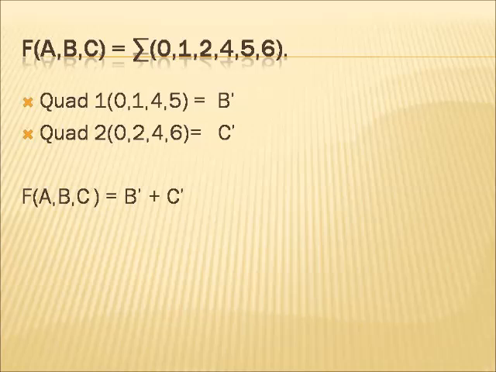So we have got a Boolean expression. The reduced form of the Boolean expression is b bar plus c bar, right? As it is an SOP expression. Two groups were there: quad 1 I reduced as b bar, and quad 2 I reduced as c bar, right? So this is the reduced form of the given question.